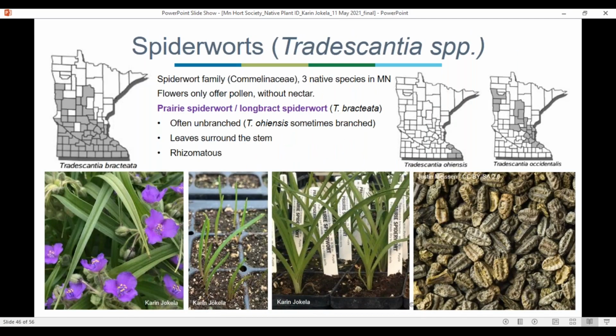Spiderworts, we have a few different species in Minnesota. The one that occurs most naturally in our native plant communities is Prairie Spiderwort. You can see on that range map, although we do have 2 others that occur in Minnesota, and I would say those 2 other species get used in landscaping a lot, in gardens. So you might be in Dakota County or Hennepin County, and it might be occurring in your county because somebody planted it. It's not necessarily part of a restoration or a remnant plant community,